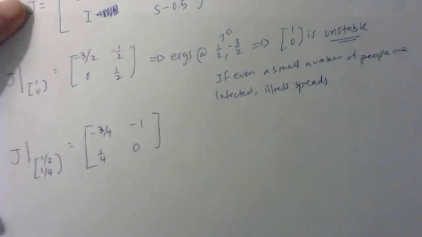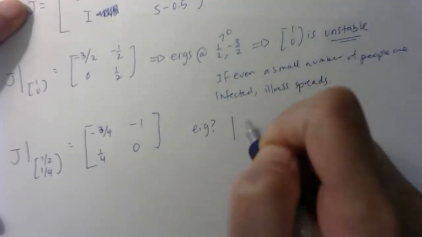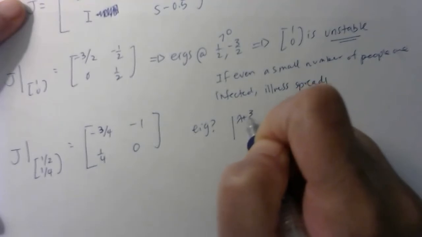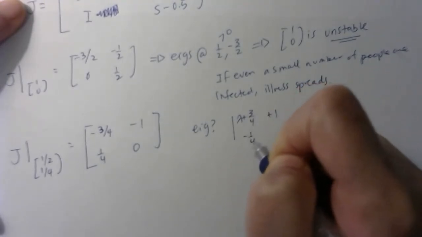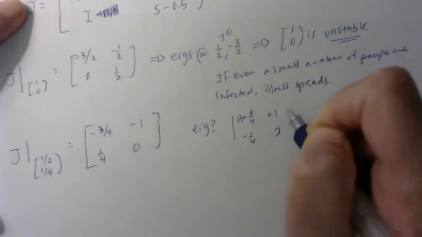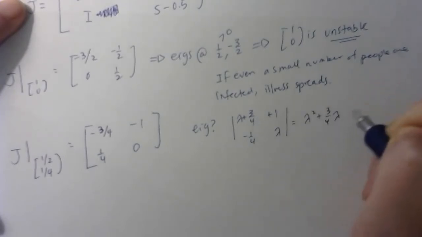Is that right? That looks like it. So the eigenvalues we don't know, so we'll compute lambda plus 3/4 times lambda plus 1, minus 1/4 times lambda. So that's lambda squared plus 3/4 lambda plus 1/4